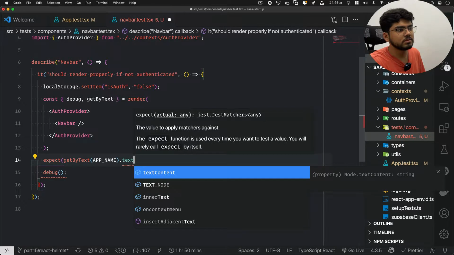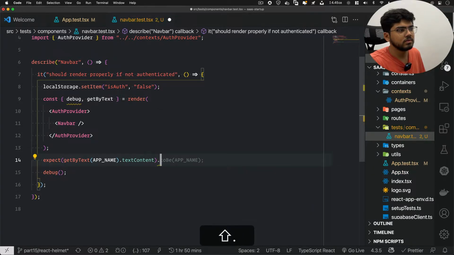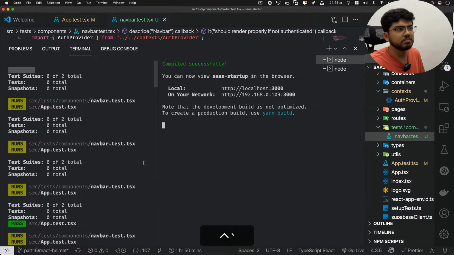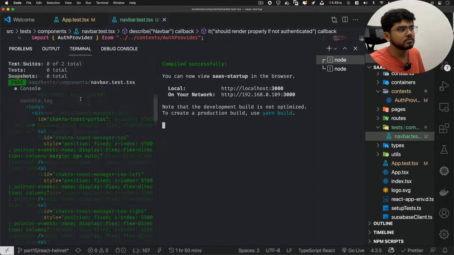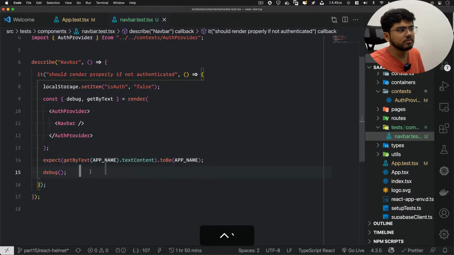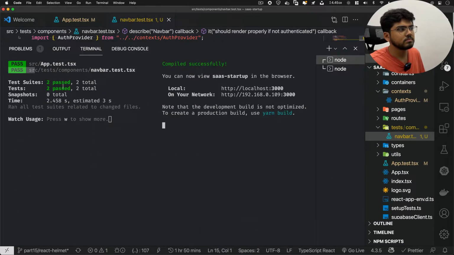Our text content to be app name. So we'll see whether we are getting the app name or not. I'll remove the debug part for now for a cleaner output. You can see the test passed.